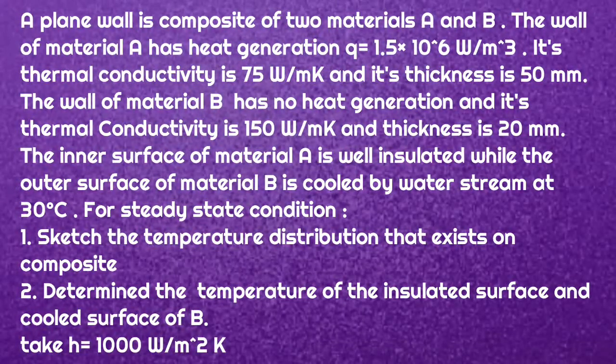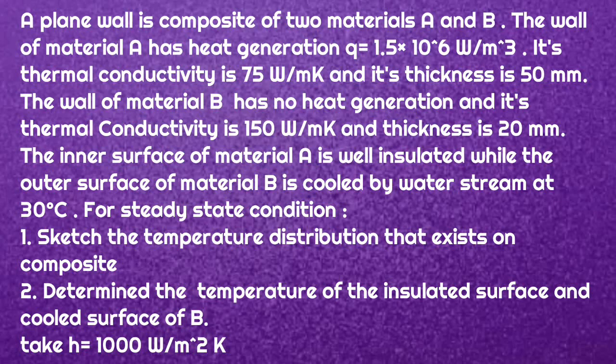A plain wall is a composite of two materials A and B. The wall of material A has heat generation Qg equal to 1.5 × 10^6 watt per meter cube. Its thermal conductivity is 75 watt per meter Kelvin and its thickness is 50 millimeter. The wall of material B has no heat generation and its thermal conductivity is 150 watt per meter Kelvin and